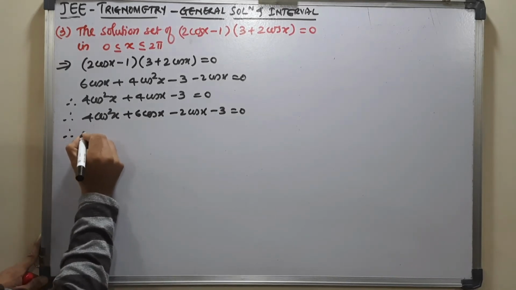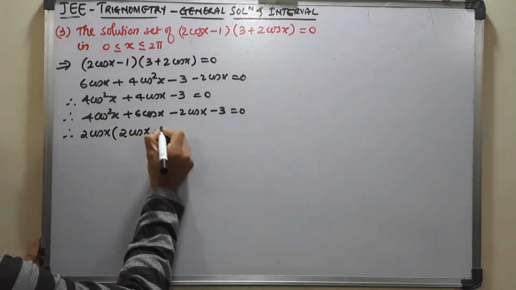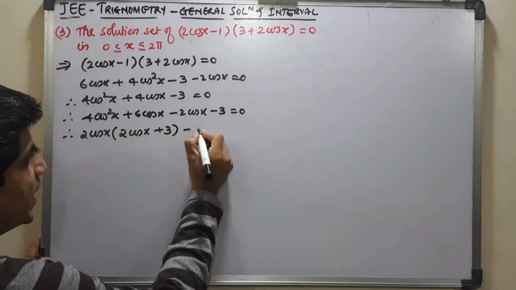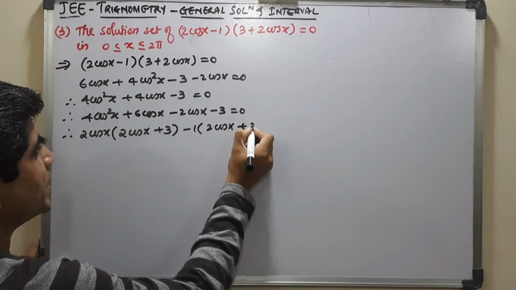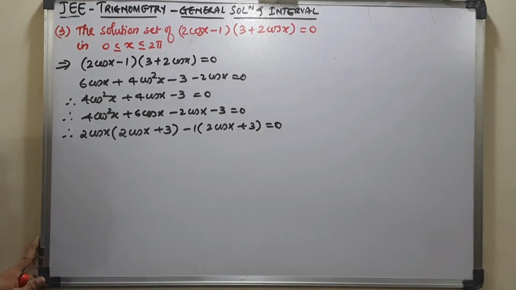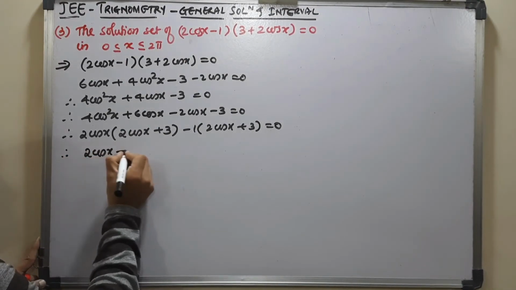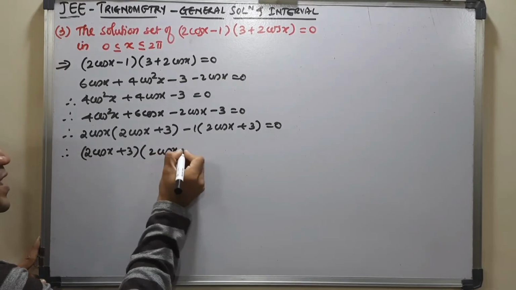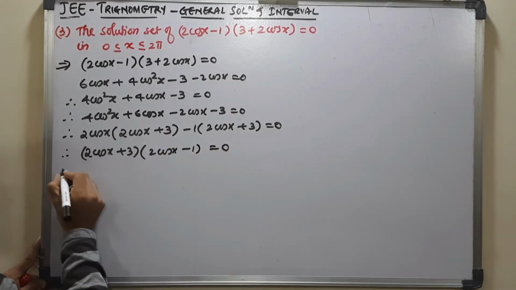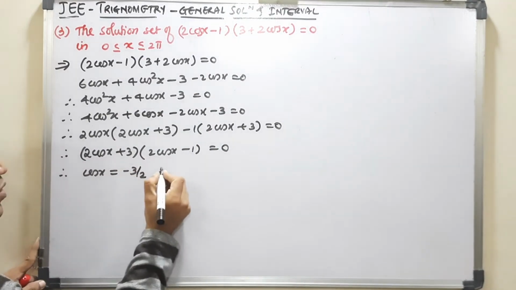Taking common factors, I get here 2 cos x into 2 cos x plus 3 minus 1 into 2 cos x plus 3 is equal to 0. So I get the result as 2 cos x plus 3 into bracket 2 cos x minus 1 is equal to 0, giving me cos x is equal to minus 3 by 2, which is not possible